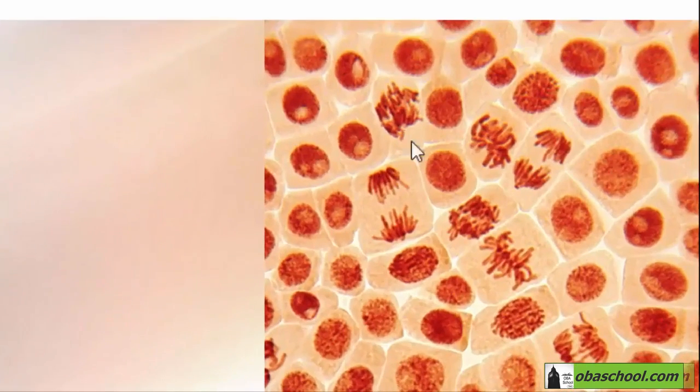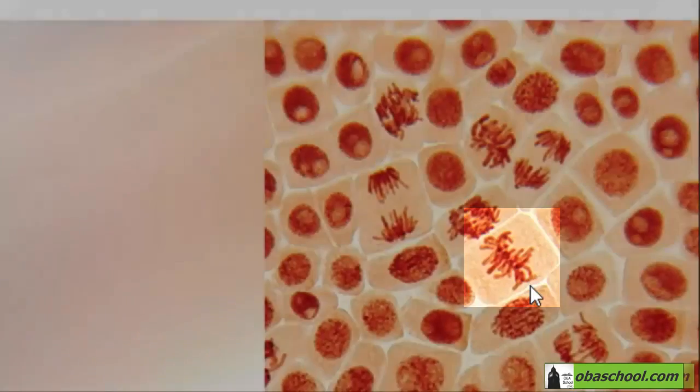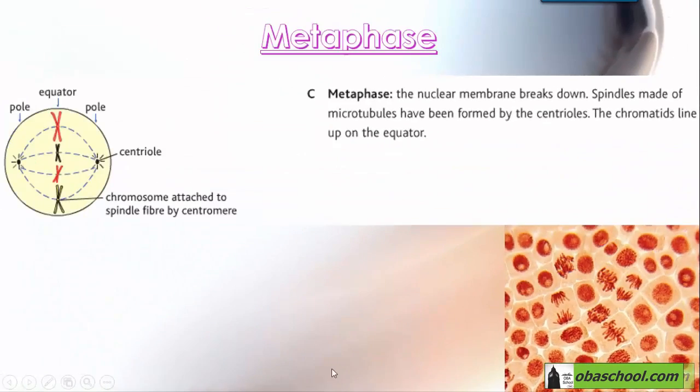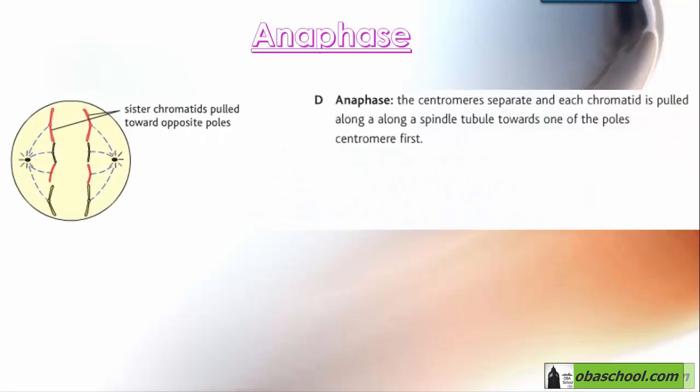These are cells going through different phases of mitosis. So we see the chromosomes aligned at the equator of the cell, attached to spindle fibers by their centromere. After metaphase, we have anaphase. Anaphase is the phase through which the centromeres separate, so the chromosomes split at their centromeres, and the centromeres